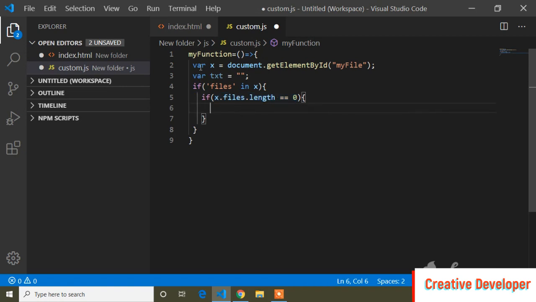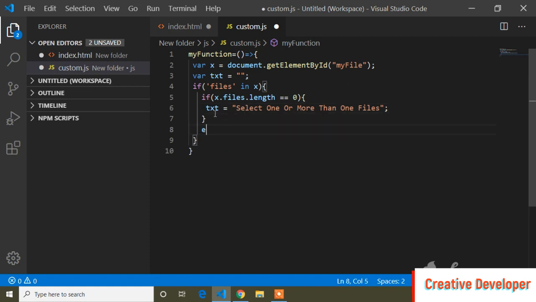Then I will copy this text variable because I will store all the messages inside this text variable. So here I will pass a message: select one or more than one files.